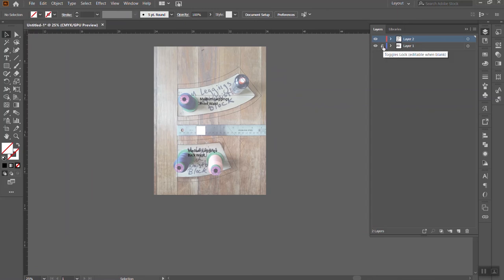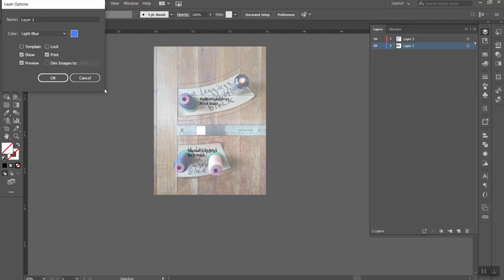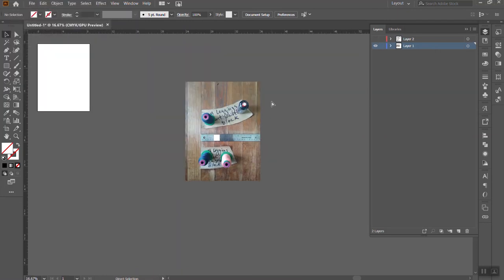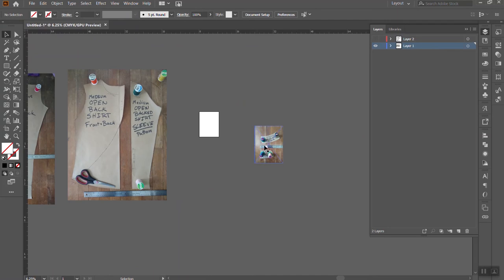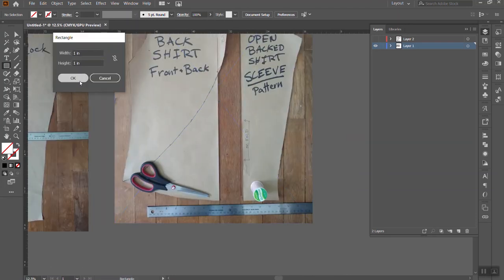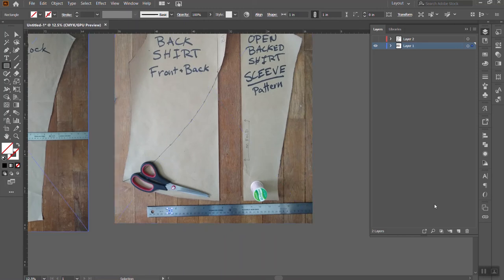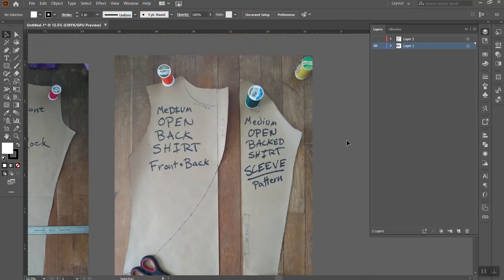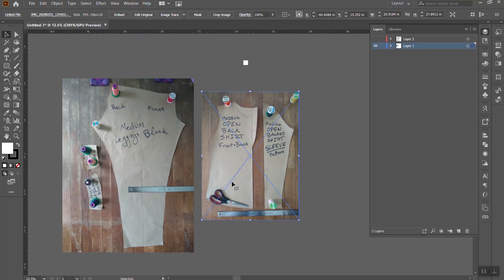Let's unlock layer 1 and rescale. So I'm going to turn off layer 2 for a while so we don't mess it up. We could easily draw another square by going to rectangle and clicking once. Perfect. So we are going to have to scale down, but you may very well have to scale up to get your ruler to line up with an inch. Both are very possible. So let's give this some fill. Again, I'm just going to try to rescale until these are the right size. So these should both be scaled to